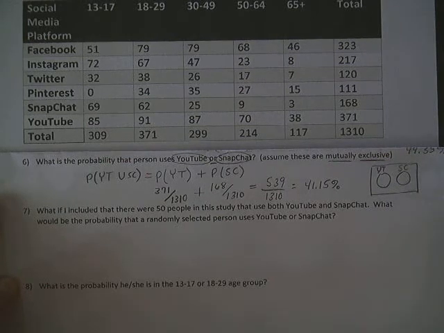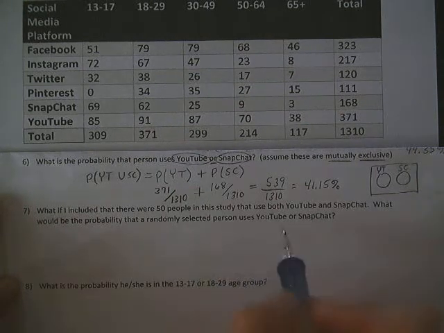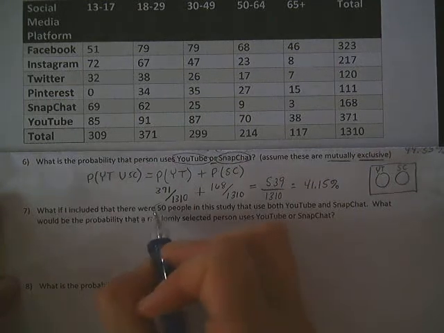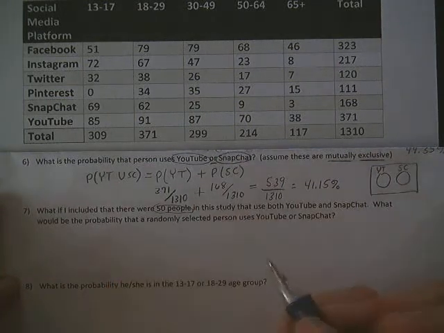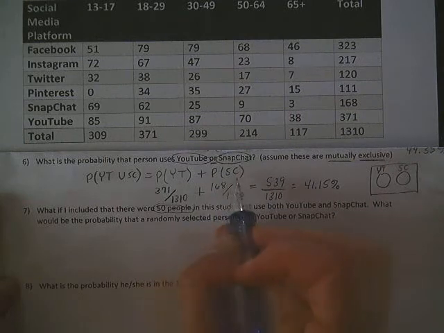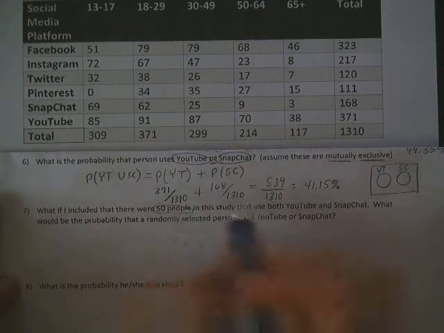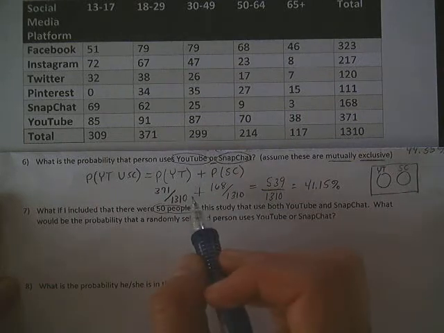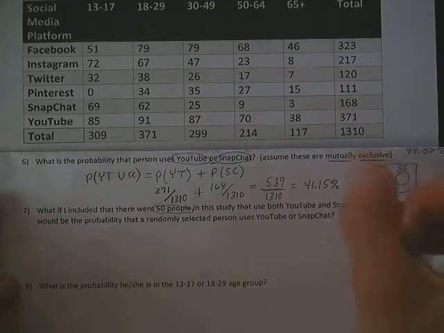What would be the probability that a randomly selected person uses YouTube or Snapchat? So notice it's the same question, but now I've given you that there's 50 people that use both of these things. So the problem will kind of work the same way, except now that you have some people that are